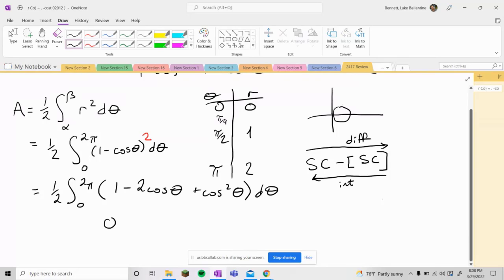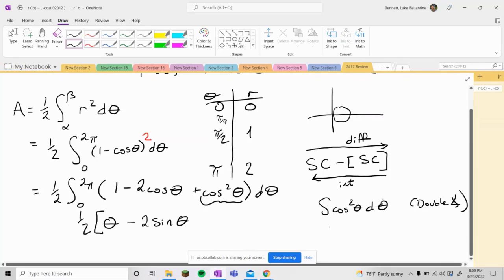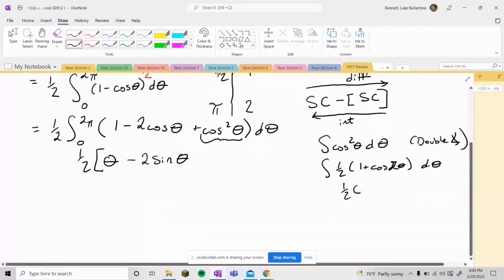So this is theta minus 2 sine theta. And then how do we integrate cosine squared? We integrate cosine squared using the double angle. So this is 1/2 (1 plus cosine 2 theta) d theta. And then integrating this, we get 1/2 theta